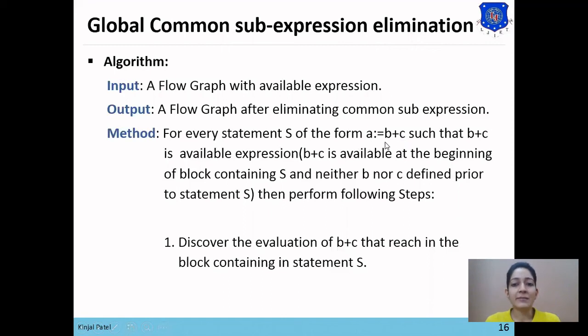So if this expression is available in statement S, then perform the following steps.